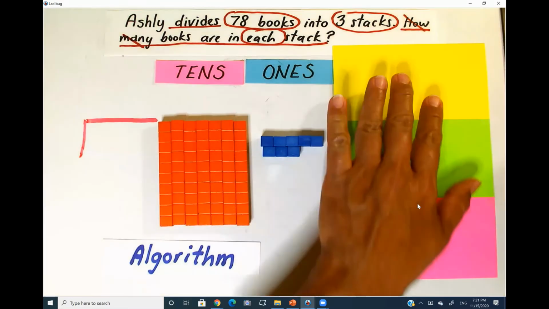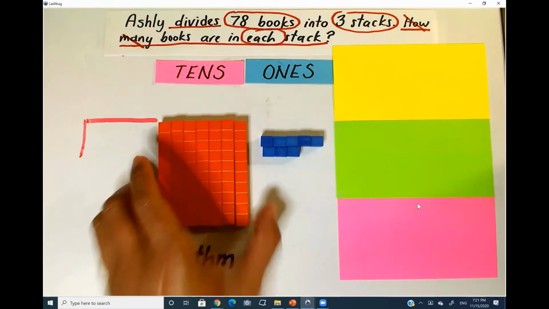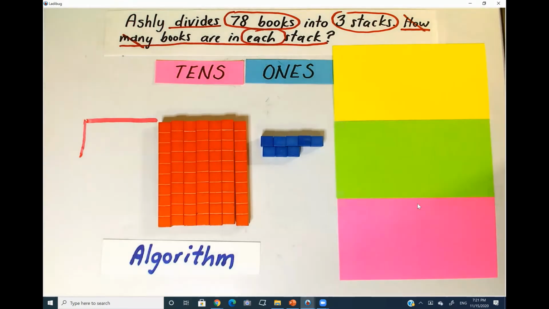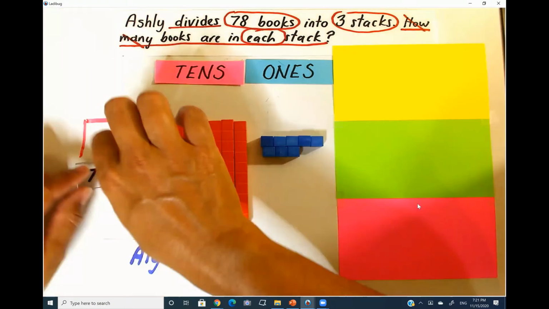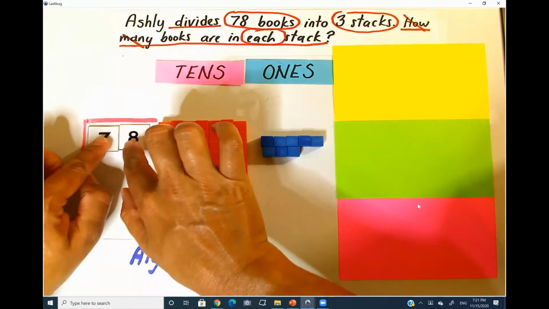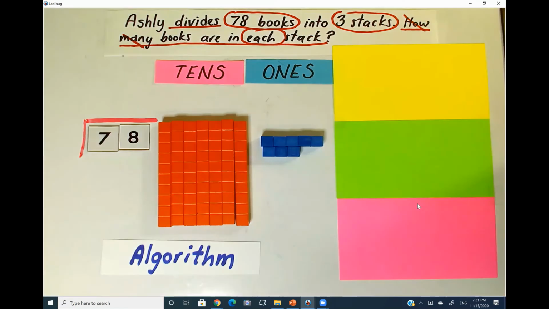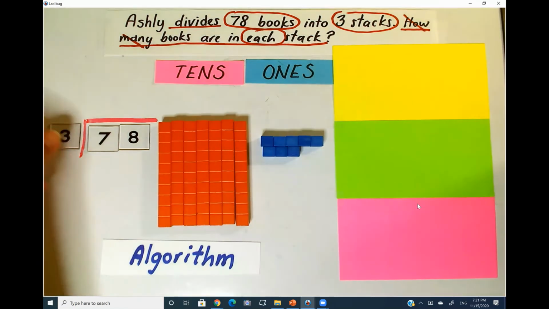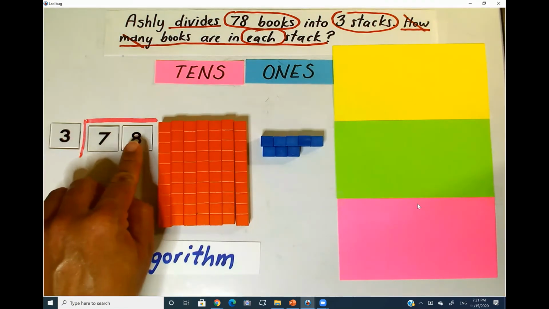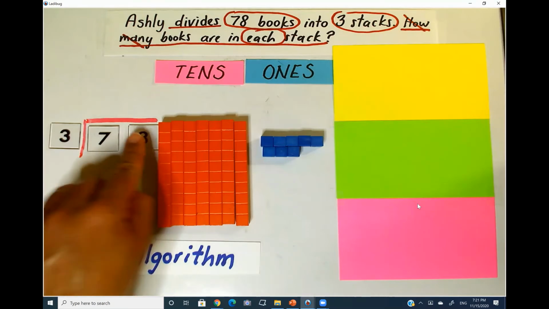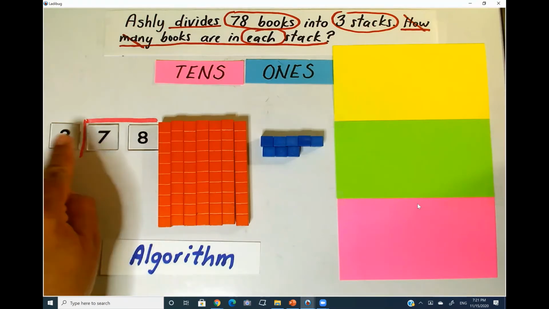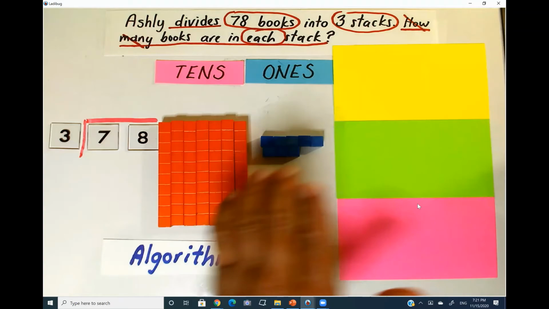I have 3 groups and I have 7 tens. So let me put the algorithm here. I'm dividing 78 things, could be anything, divided into 3 groups. Because I'm going to start with the tens, I'm going to ignore the 8 for now. So I have 7 tens divided by 3. My job is to distribute them equally